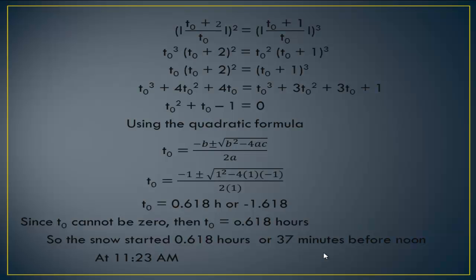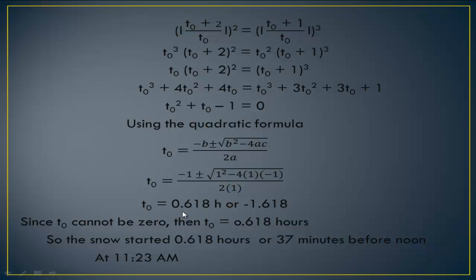So the equation becomes ((t sub 0 plus 2) over t sub 0) squared equals ((t sub 0 plus 1) over t sub 0) cubed. By manipulation, we obtain t sub 0 squared plus t sub 0 minus 1 equals 0. So using the quadratic formula, we can obtain t sub 0, which is equal to